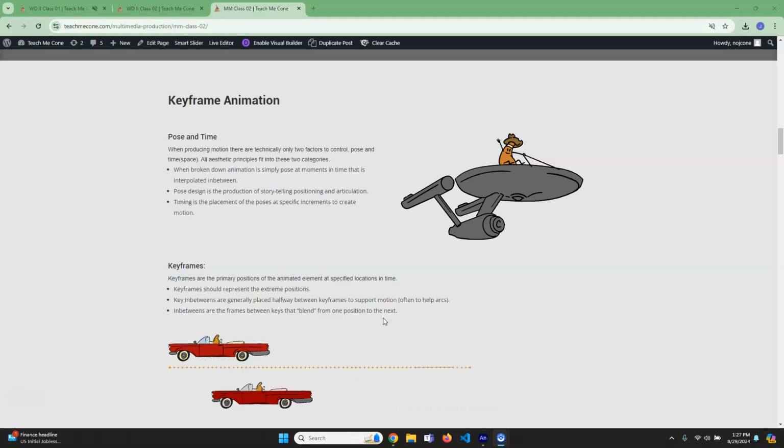Now, when we do hand-drawn animation and we're doing frame by frame, you're drawing every pose at every frame, the moment in time for the whole sequence. When we do keyframe animation, you're making one pose or one position at a specified frame at one point in time, and then after a certain amount of time, you're putting in another frame, another pose, another position, and then the computer will interpolate or blend between those two poses